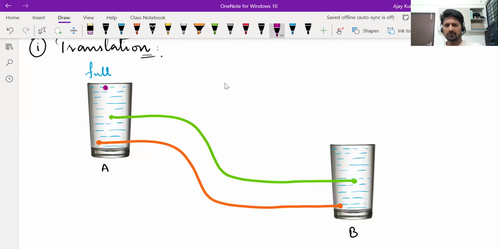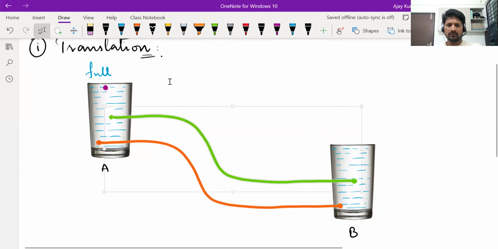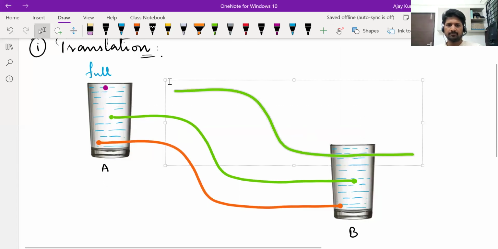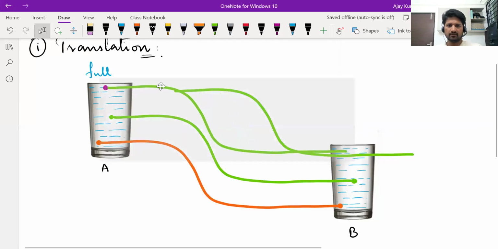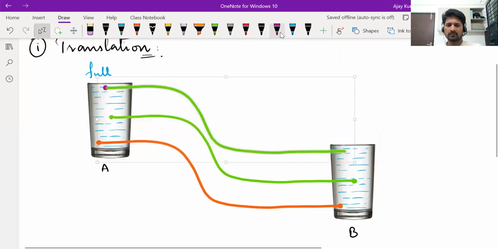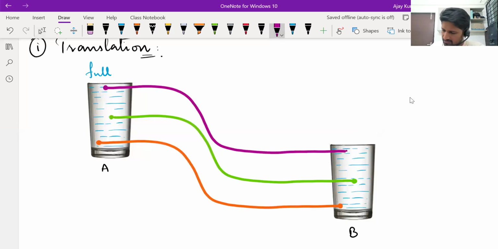Okay, are you all able to visualize this, how it is being moved from one place to another? Rishi, is this clear? Yes, sir. Okay. So these are the paths traced by these particles, and they are parallel paths as you can see. Okay. At any particular instant, let's suppose